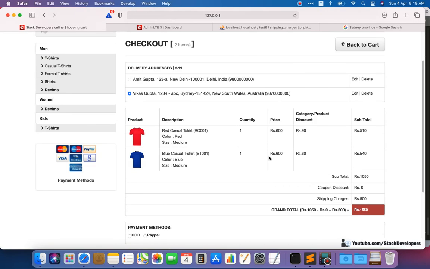So we are doing this in real time, instantly, without refreshing the page in jQuery, and you can see this is the best way of doing things. We are not required Ajax here, otherwise it will make our task more complex. Okay, so you can do this one at your end. You can choose any of the country, that country's shipping charges will get applied, and you can see here that we have been able to get it for India as well as Australia.